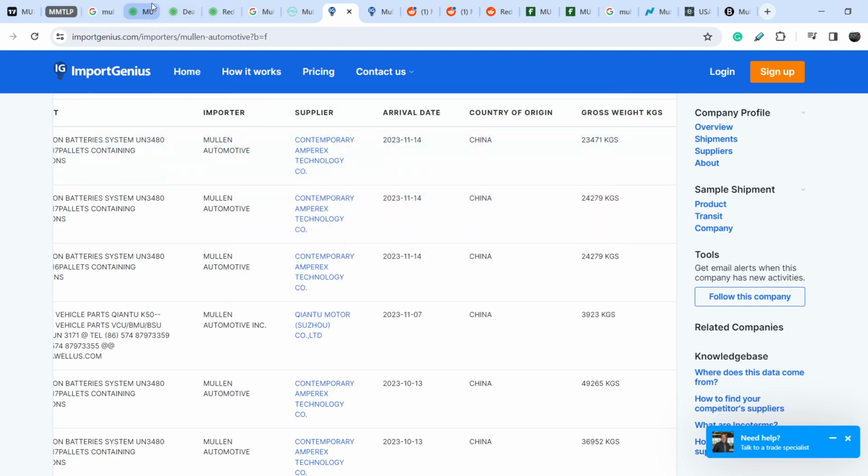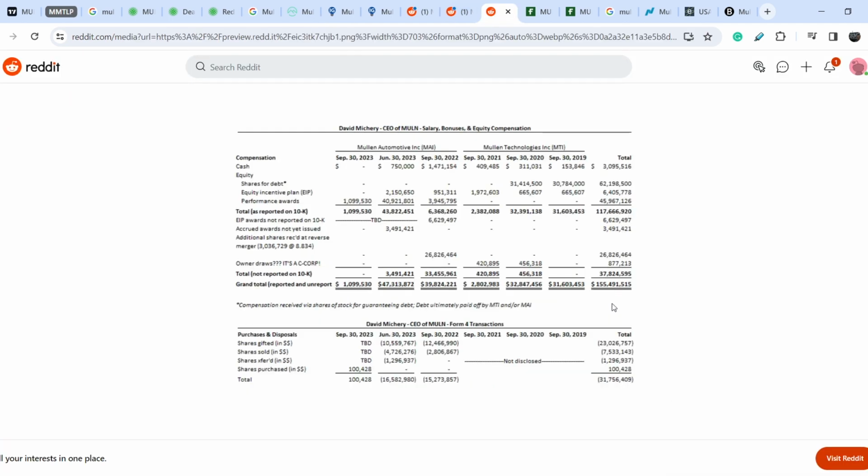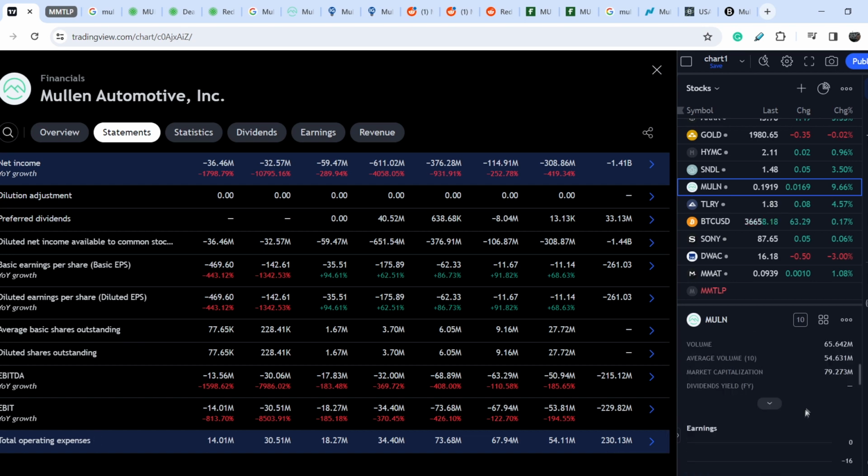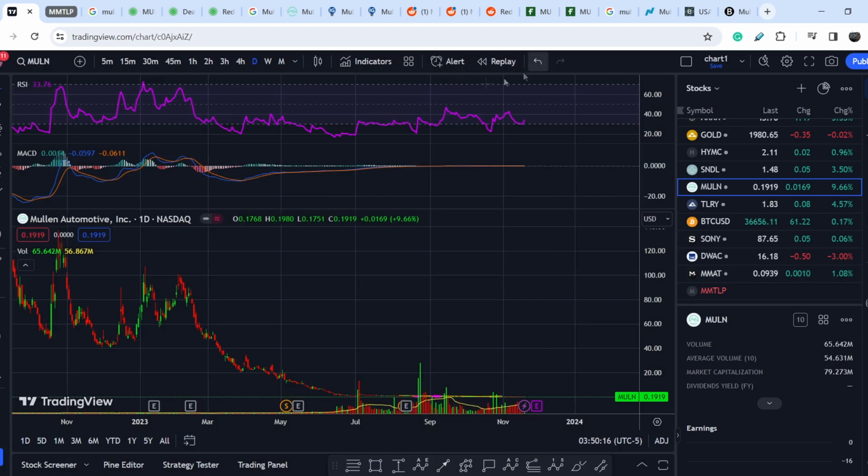And let me show you a quite interesting detail that you probably already forgot, that David Michery alone received more than $155.5 million over the last 4 years. And how is that even possible if this company is unprofitable? It has huge operating expenses of $230 million, and its total market cap for now is less than $80 million. It doesn't make sense. But definitely this company has a lot of support from the retail community, and